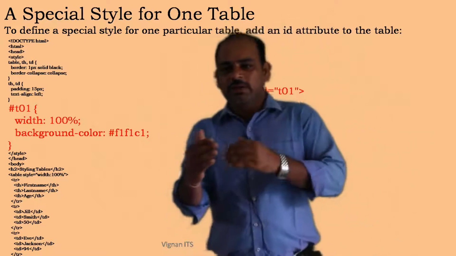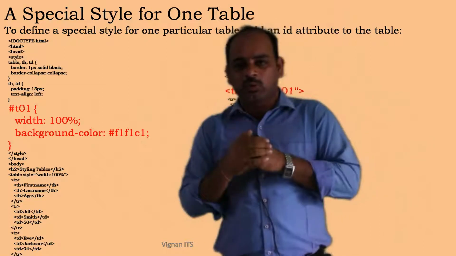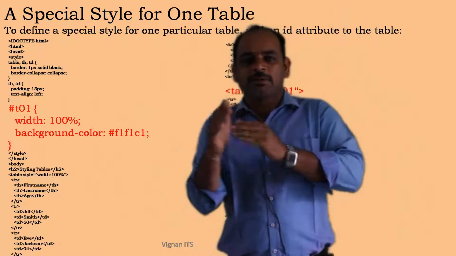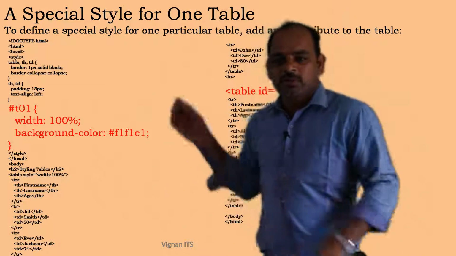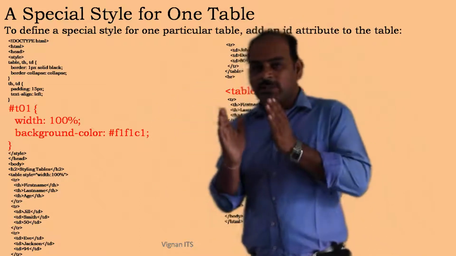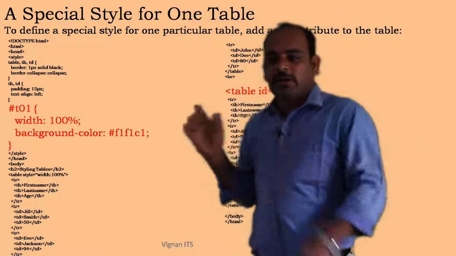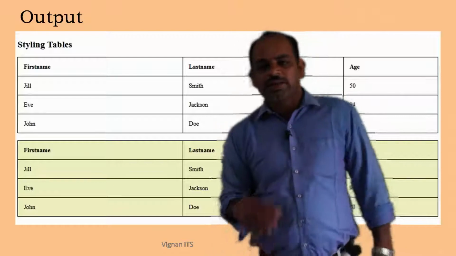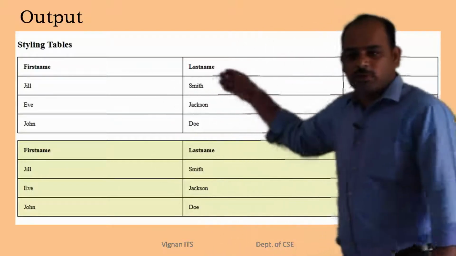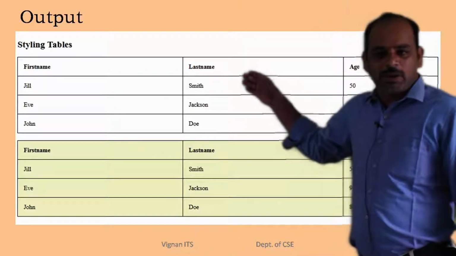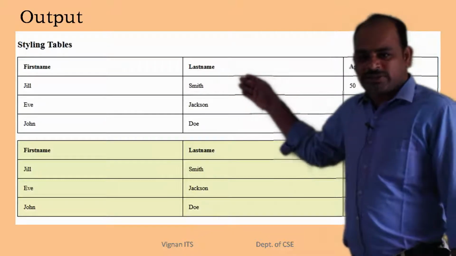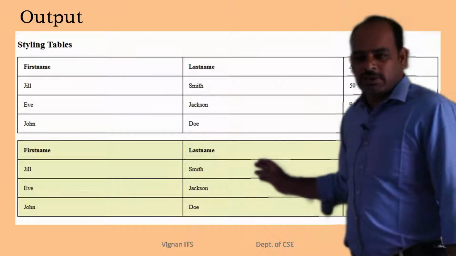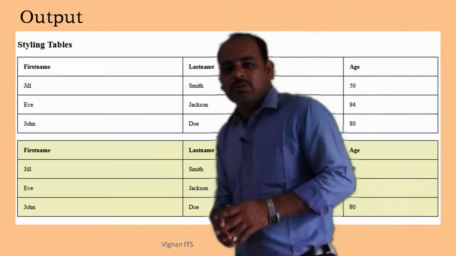So this code is meant for the creation of two tables, and for one table we are setting the background color, and the other table remains as it is here, right? For whichever table you are setting the background, you can identify the table by using its table ID here, right? ID is an attribute. You can see here we have the two tables. One table has the background as it is, that is a white background here, and for another table we have set the background color here, right? So this is about tables.